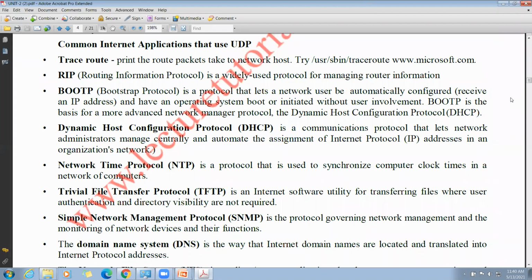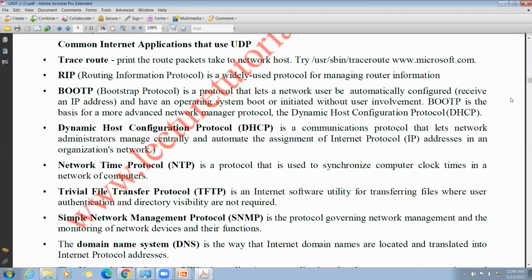Second one, RIP. RIP means Routing Information Protocol. This routing information protocol is widely used for managing router information. As we have seen in computer networks, each router will maintain a routing table.